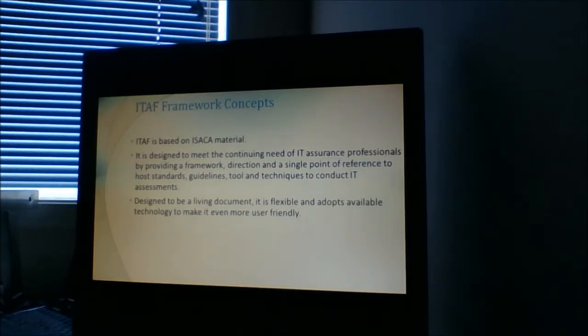It is designed as a living document. Another peculiar feature of this ITAF is that it's designed as a living document, which means it is flexible and can adapt to the available technology, and it is more user friendly.